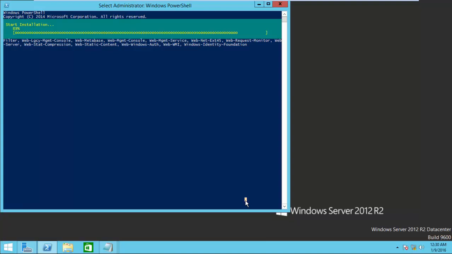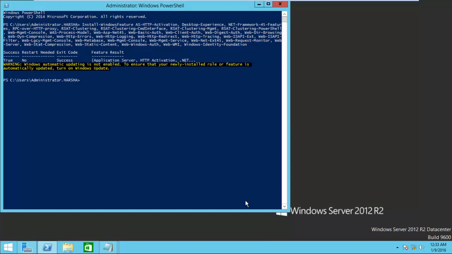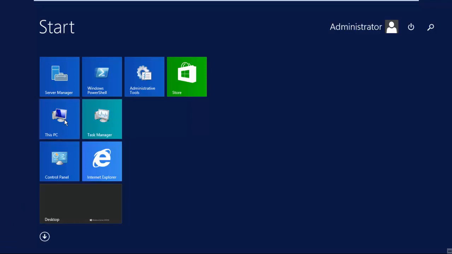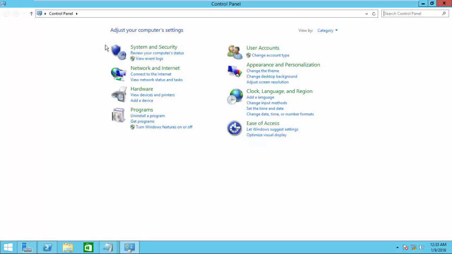Okay, and paste the command. So a little warning has been issued because the automatic update option is not enabled. Now what we have to do is enable updates on this machine.